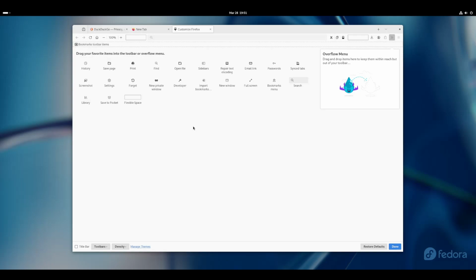I don't think there's anything that is non-explained that you're going to want to know. If I look through some of these really quick, some things like sidebars and open file, repair text encoding, I don't think you're going to need to know about. But if I look at something like import bookmarks, I don't know why that would be a button on here per se. But things like new window, full screen, passwords would be a useful one for some people because it's actually buried up in this hamburger menu on the top right. You can change the density of this,